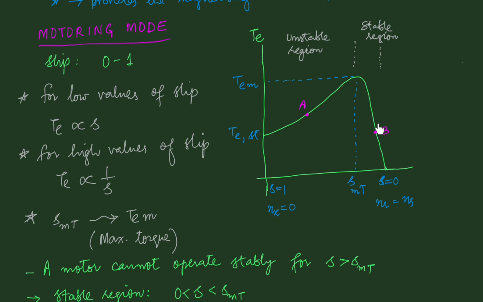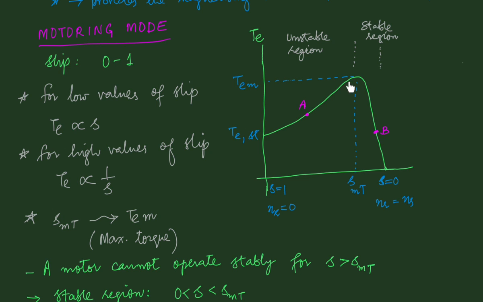And if we go on increasing the load torque, the developed torque will also go on increasing, and the operating point will also go on shifting upwards on this characteristic. And if we apply a load torque which is equal to TEM, we'll see that the operating point will shift to this peak. And if we try to put more load than TEM, what will happen is the speed will again decrease, but with decreasing speed, the torque developed will decrease, and therefore instead of operating stably at some point,